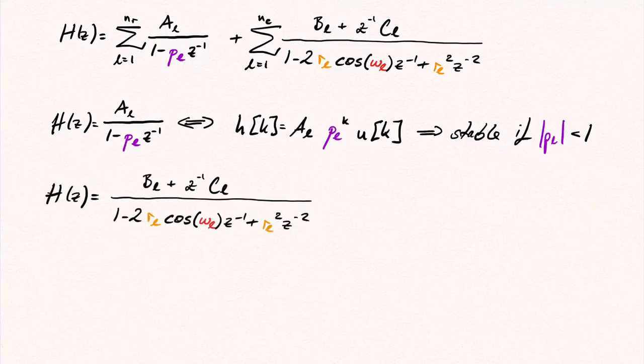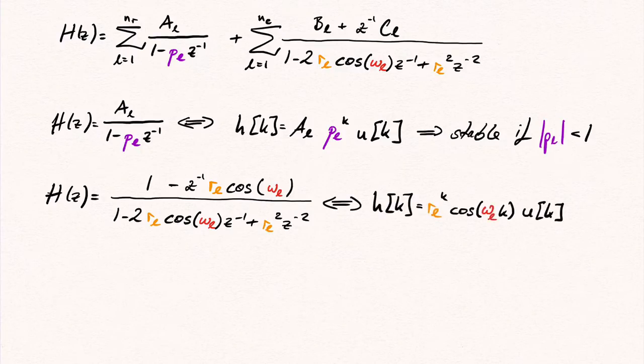For a summand corresponding to a complex conjugate pole pair, let's first assume for simplicity that b_l is equal to 1 and c_l is equal to minus r_l times the cosine of omega_l, for which we know that the inverse z transform, so the corresponding impulse response, is equal to r_l to the power of k times the cosine of omega_l k times the unit step function. So the corresponding impulse response h(k) is stable if r_l, the magnitude of the complex conjugate pole pair,